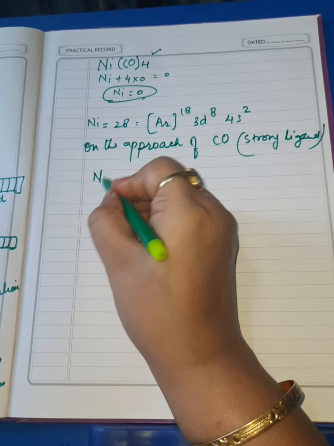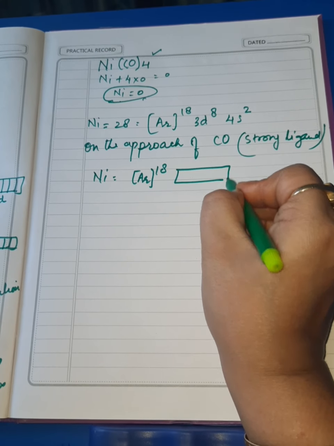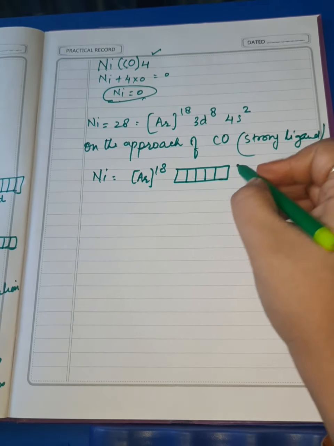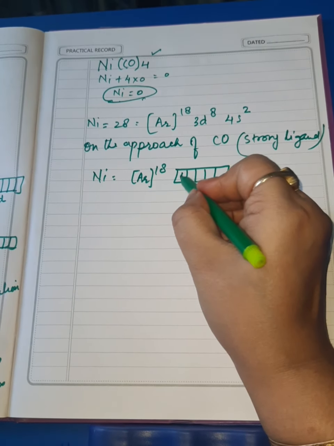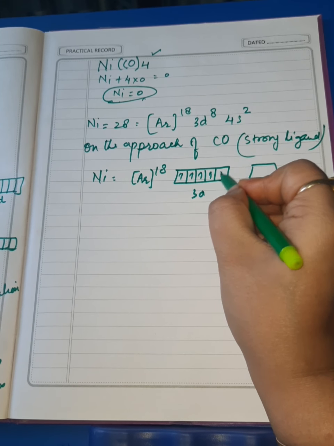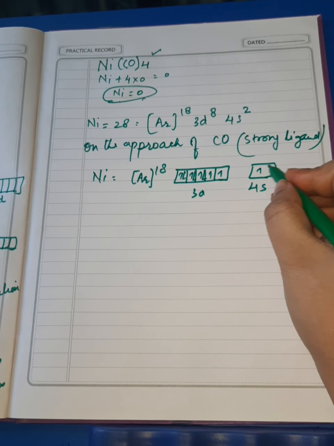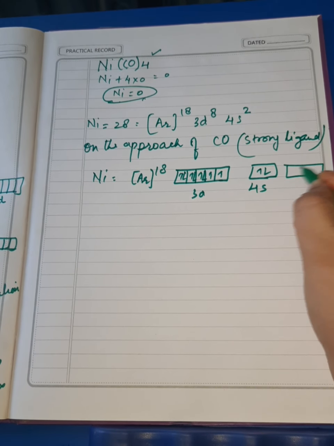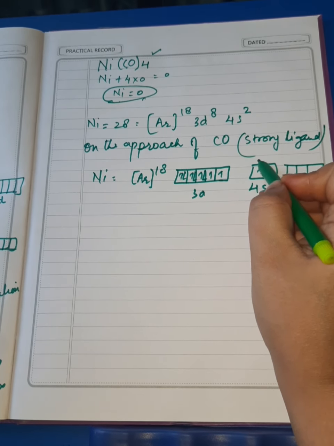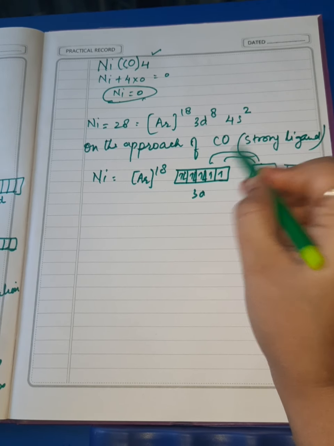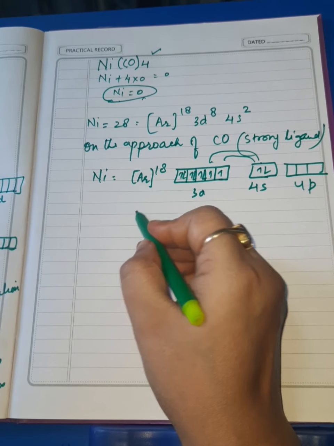In this case, nickel will be represented as its 3d. We have 8 electrons, so 5 orbitals. 3d and we have 4s orbital. Here 8 electrons, 1, 2, 3, 4, 5, 6, 7, 8. And 4s contains 2 electrons, and then we have empty 4p. Alright. Now here from 4s electrons they go to 3d and cause the pairing of the electrons. Alright. So after pairing of the electrons, the situation becomes